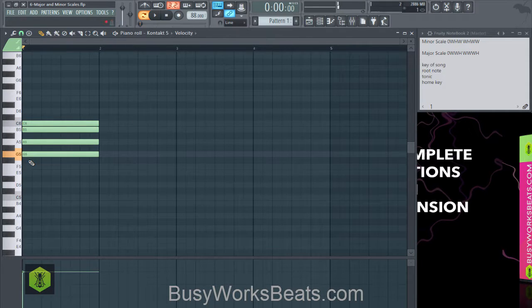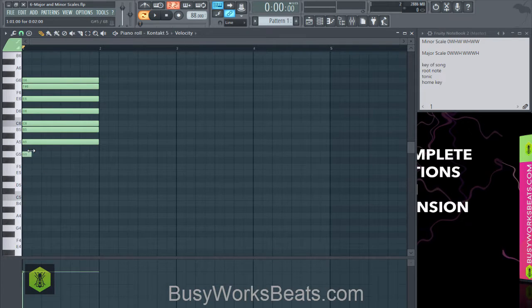This is our 0 point, W, W, H. Okay, very simple. Now we have to continue starting at C, W, W, W, H. So we're going up 2 keys each time. 1, 2, 1, 2, 1, 2. And then H at the end. And now we have the full scale and the full octave. Okay, so if you map this out in order,